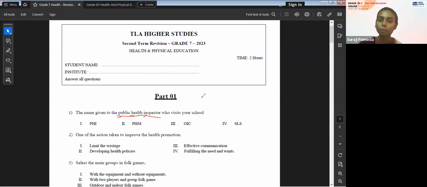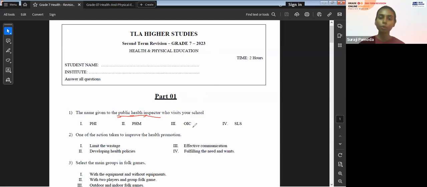That is public health inspector, right? Okay. So the second one is PHM. PHM means public health midwife, right? අපි පෞල් සෞඛ්‍ය සේවා නිලධාරිණී කියලා සිංහලෙන් කියනවා PHM midwives, right? So